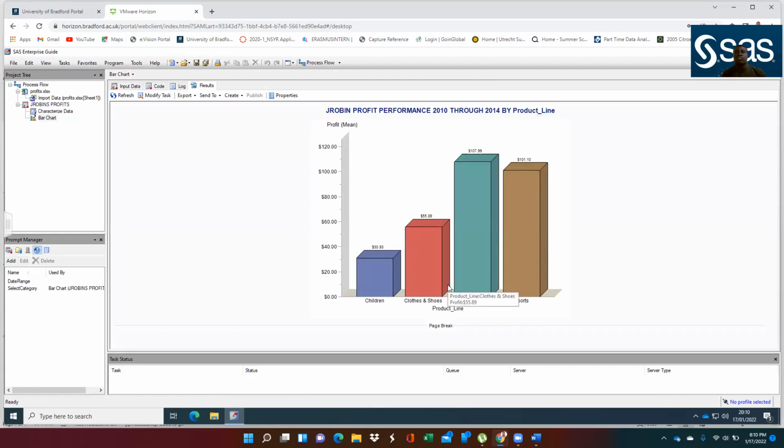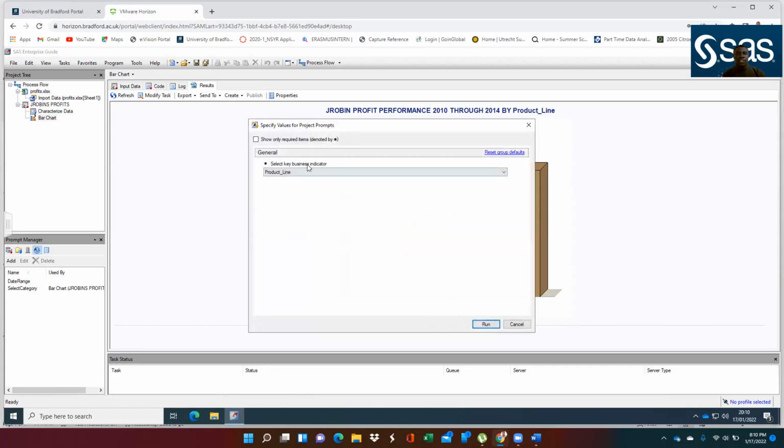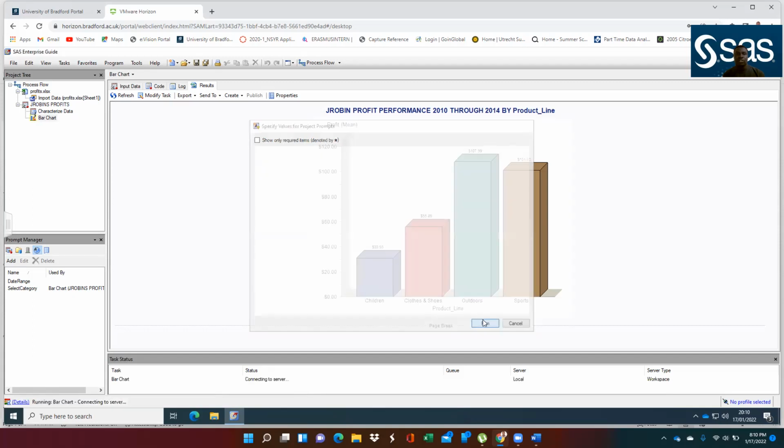J. Robin profit performance 2010 through 2014 by product line. You can see this. This is the performance for the duration of sales. You click refresh. Let's make use of the product category this time. Now let's make use of country, so that I think there's an insight to that. Country,